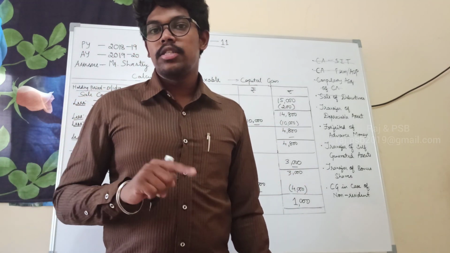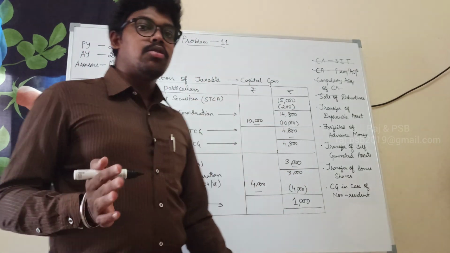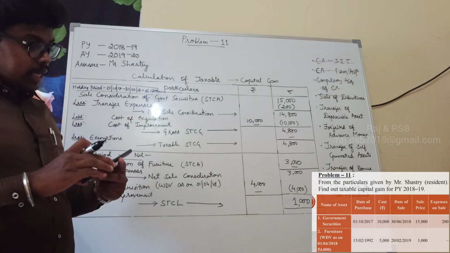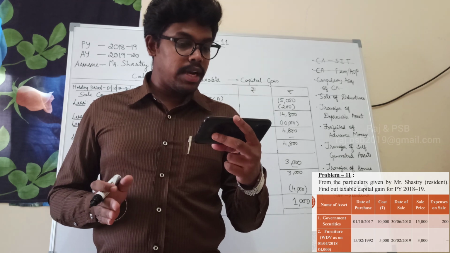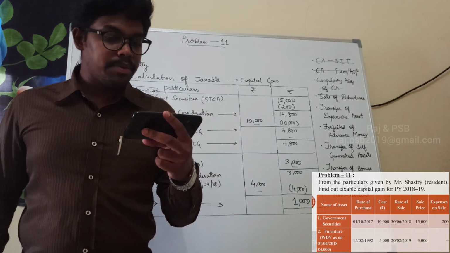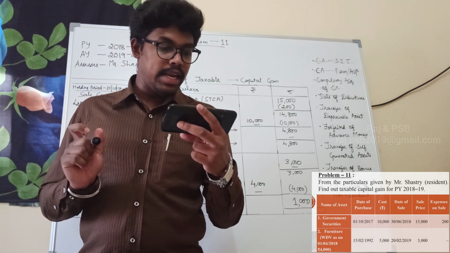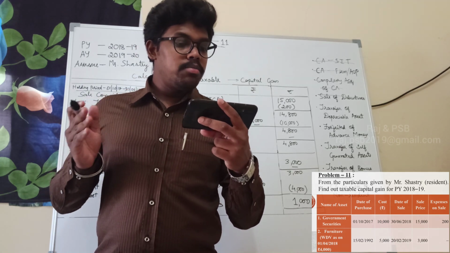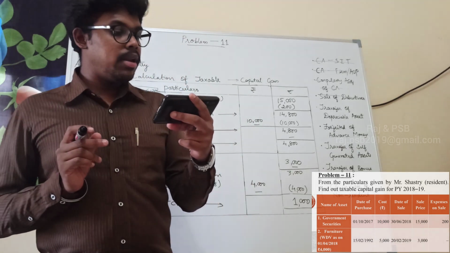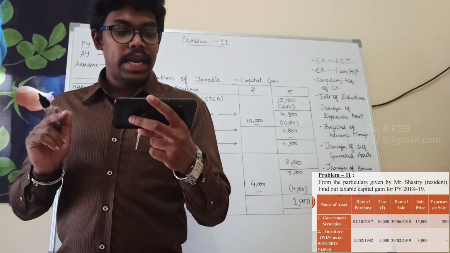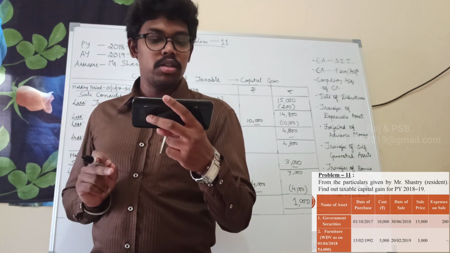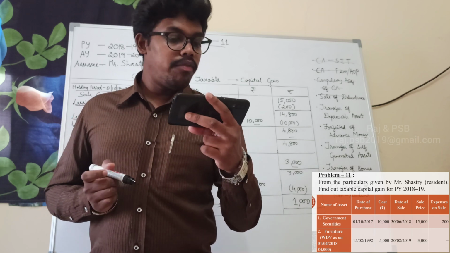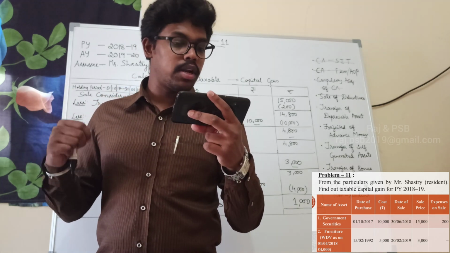So I will do problem 11, and take 12 as an assignment. Problem number 11 says that from the particulars given by Mr. Shastri, a resident, find out the taxable capital gain for previous year 2018-19. The columns given in the table are name of asset, date of purchase, cost, date of sale, sale price, and expenses on sale. There are two types of asset here, one is government securities